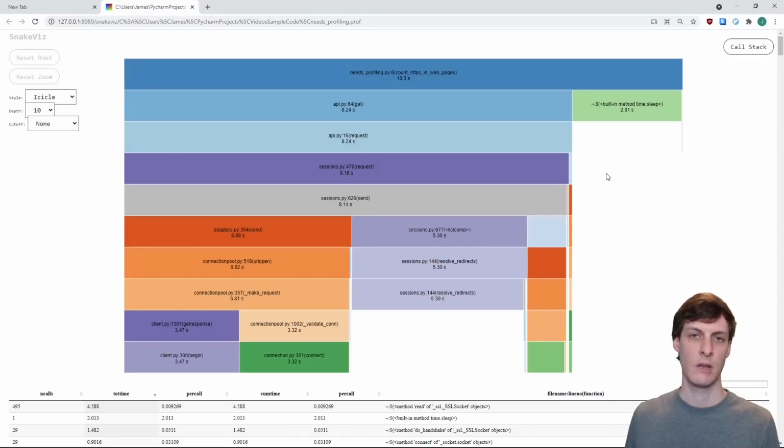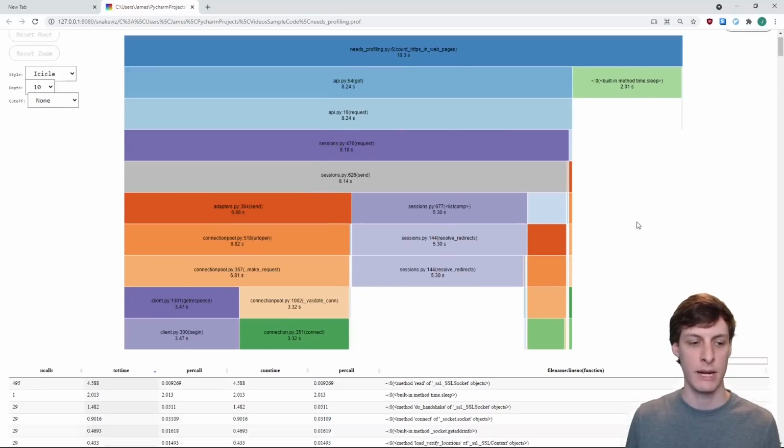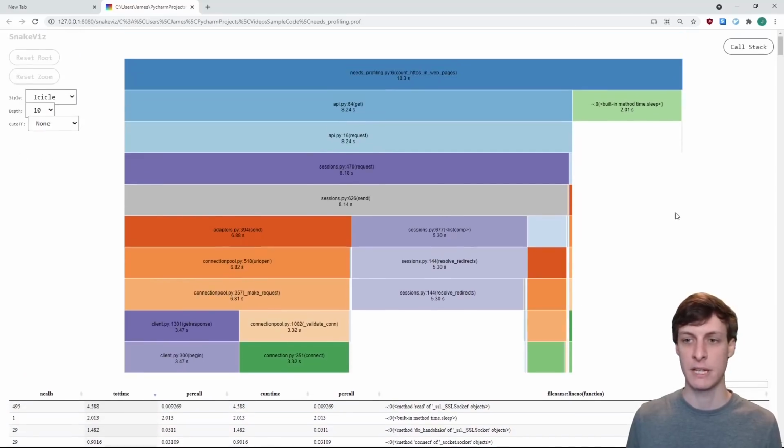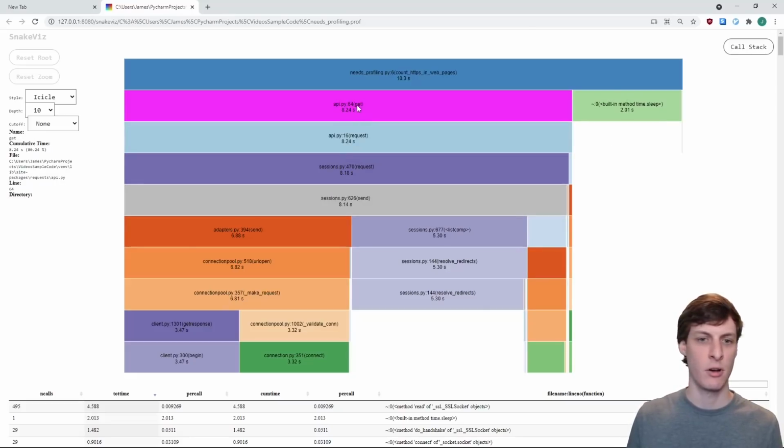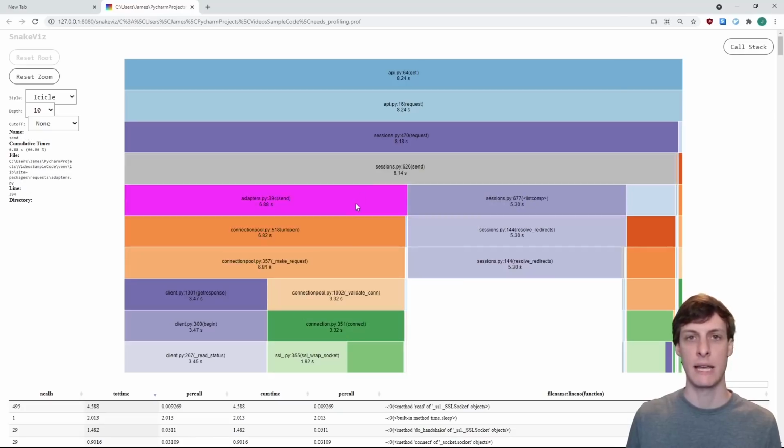There you see it. Just by visually inspecting this, I can already see that regular expression matching is not the problem, reading from disk is not the problem, text processing is not the problem. There are two clear problems in the code, which we can see both from the icicle plot and from the statistics from before. Right away, you can see there's 2 seconds spent sleeping. That's a big red flag. And the rest of this is all under get. So I immediately see that these get requests are what's really taking all the time.